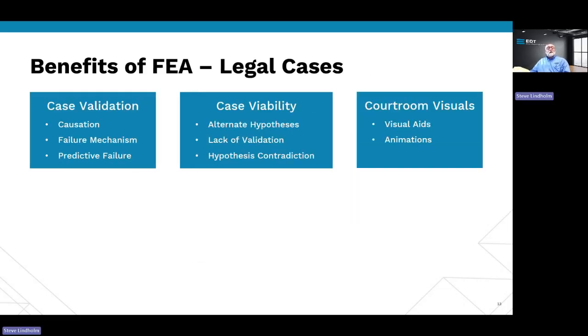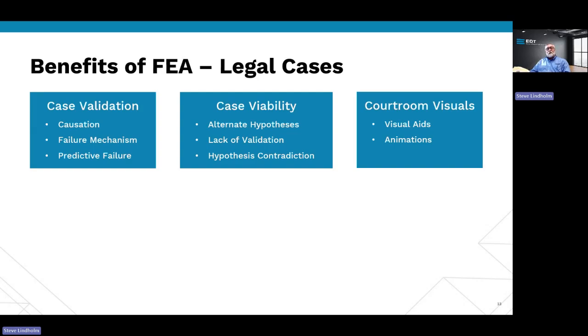In legal cases, we can use FEA to validate a case, show the causation, the failure mechanism. We could look at the case viability, alternate hypotheses possibly, maybe the lack of validation. Sometimes FEA could be used as much to tell an attorney or counsel that, hey, you can't go through with this case. It's really not what you thought was there; it is not really there. We could also use it to contradict another hypothesis. For coming up with our hypothesis, we can show that this is an alternative and may be another thing to